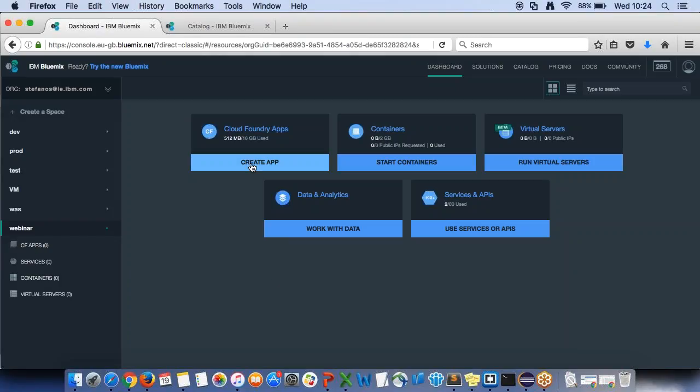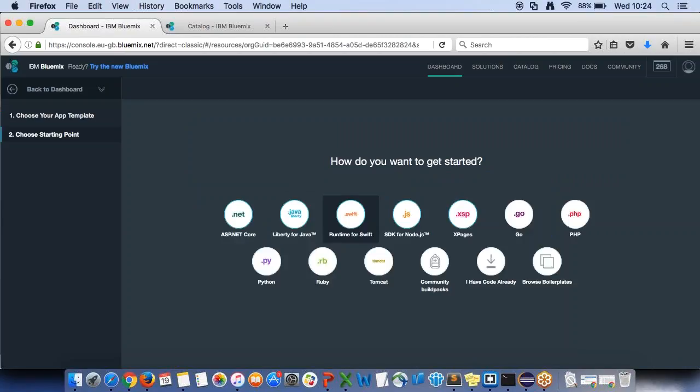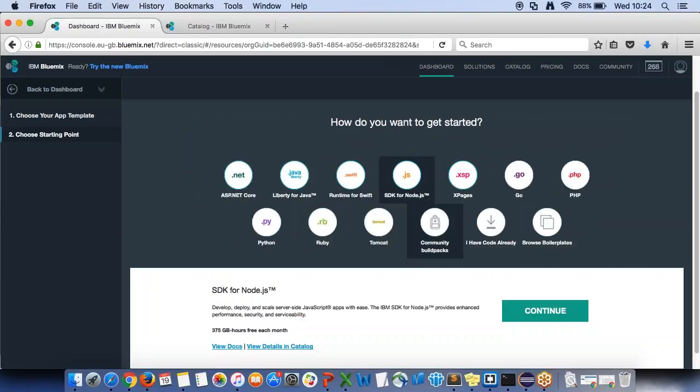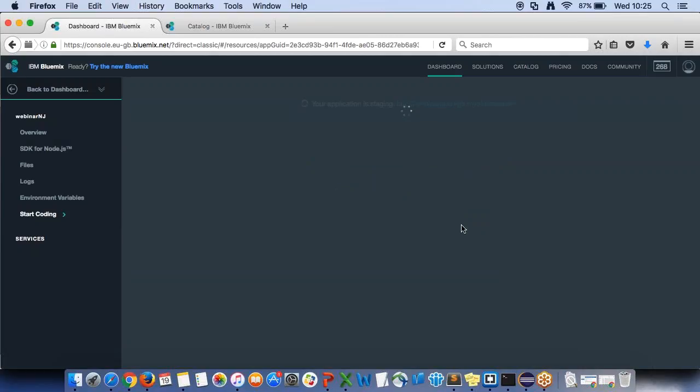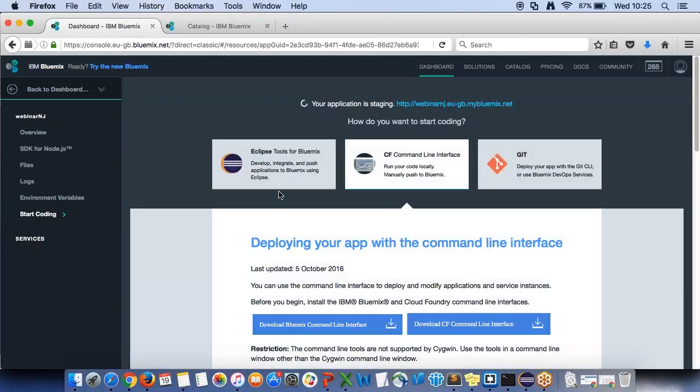And inside my space, I can create an app. For instance, a Node.js app. I give a name to the app. And these are the three ways to interact with the platform. Use the Eclipse IDE,